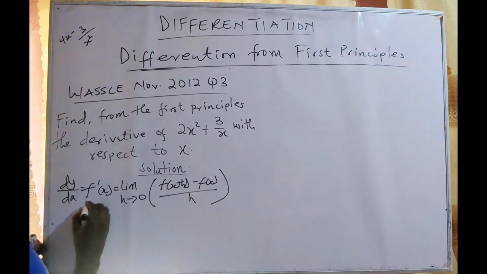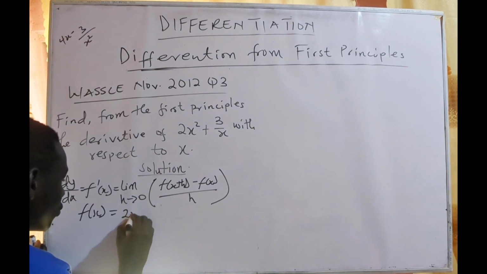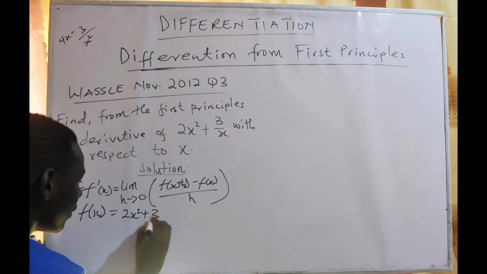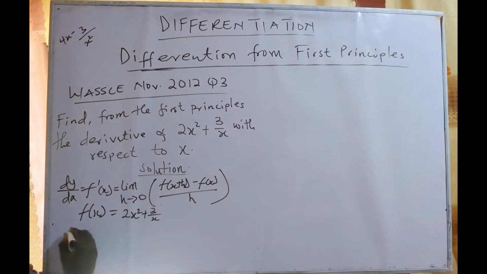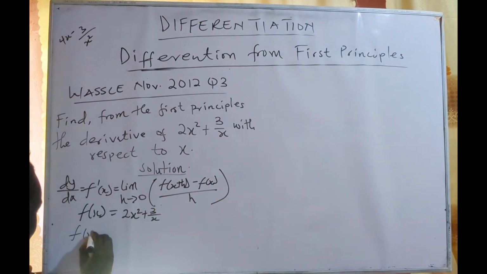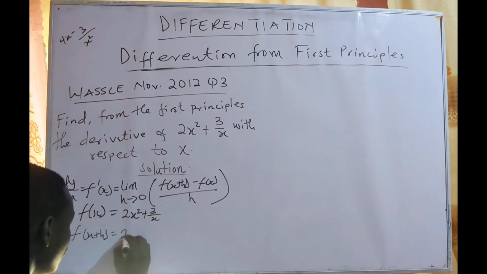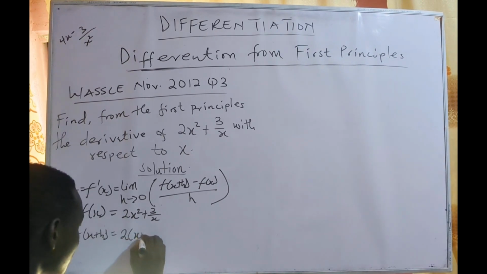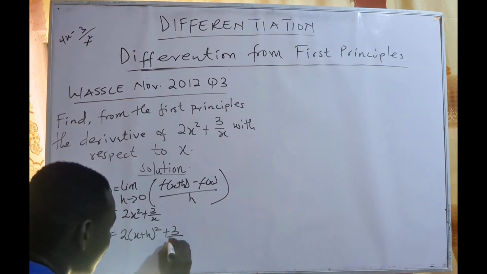So now our f of x is equal to 2x squared plus 3 on x. So now we need to find our f of x plus h. Therefore, our f of x plus h is equal to 2 multiplied by x plus h squared plus 3 on